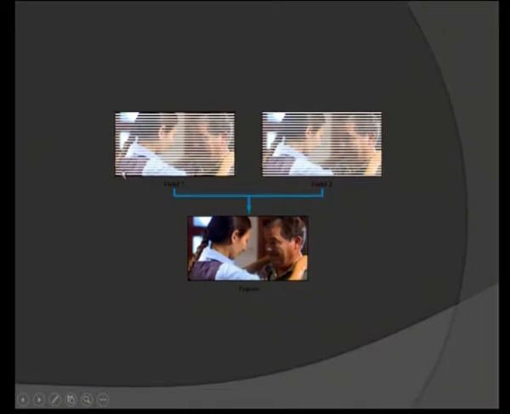So, if we consider this as the first field, that is the odd field, and this as the even field or even sequence, merging these two will give one frame, that is a complete picture. So, here odd and even should be equally spaced. This will not have any error. If there is an error, then the image will be merged or spoiled.